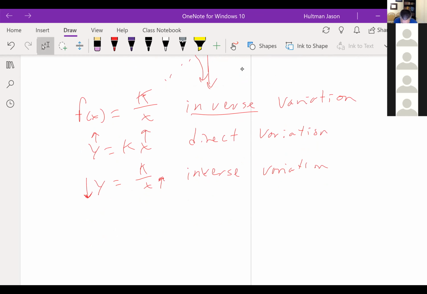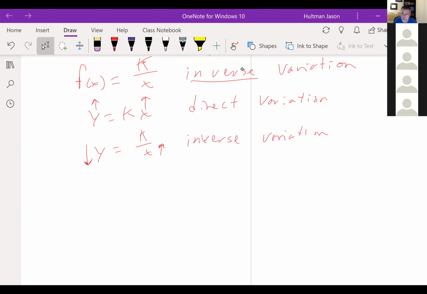Okay, let's look at some common parent functions. Let's look at this guy here. f of x is equal to absolute value of x. This guy is my absolute value function, and it looks like this. It's a V. It's a line,